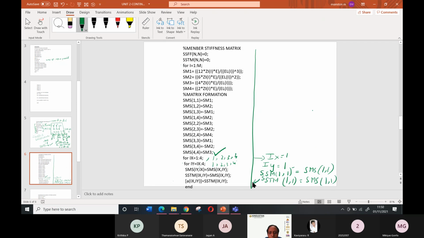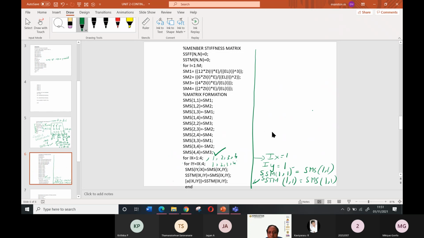So this step you will be utilizing later. This step and this step, this is a matrix, it has to be in the matrix form. So how will you write the matrix? If you are putting the square bracket, A of Ix, comma Iy is equal to SSTM of Ix, Iy, then all the values will be stored. Otherwise the computer will take only the final value.